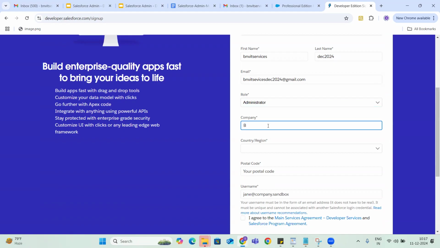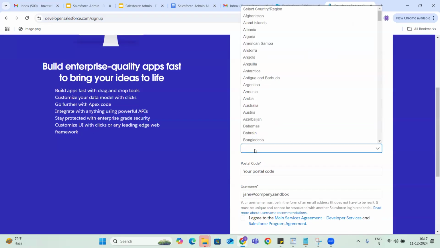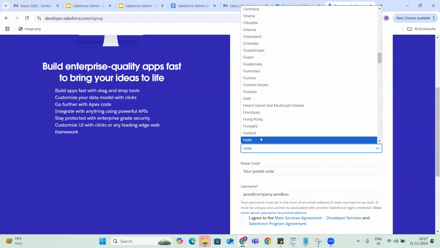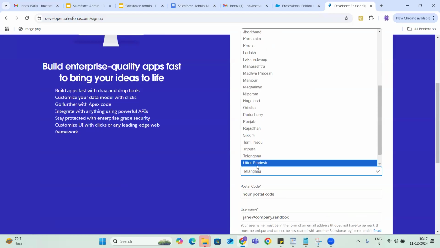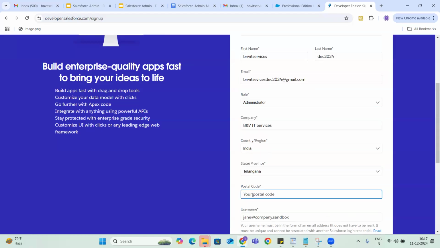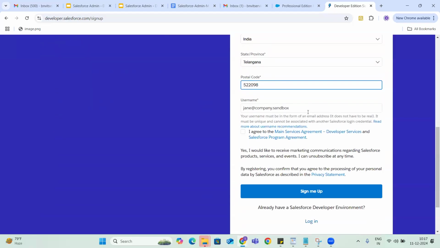I'm giving B and B IT Services, and country. You can select your respective country, and state. You can give your own state, guys, either Andhra Pradesh or Telangana, whatever your state is. And the postal code. And username.